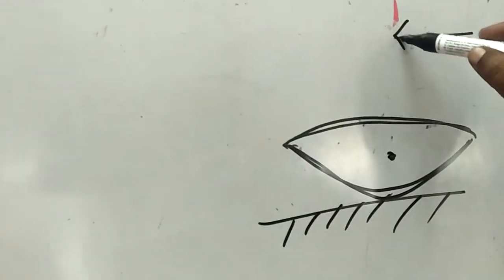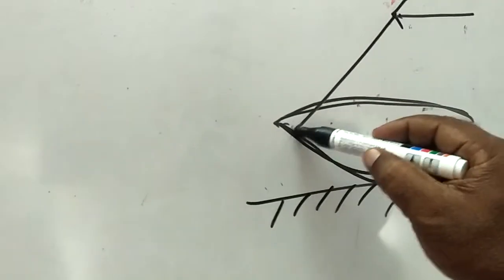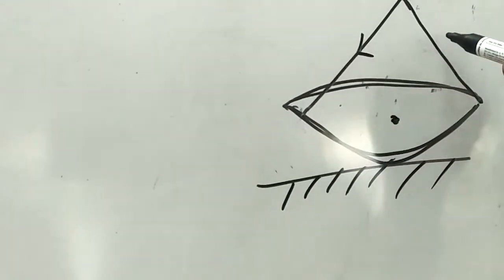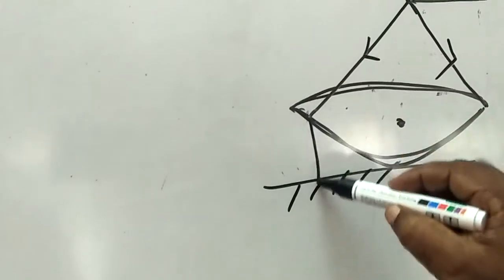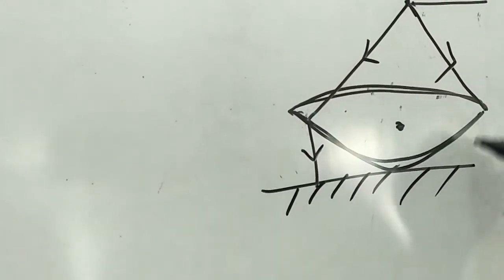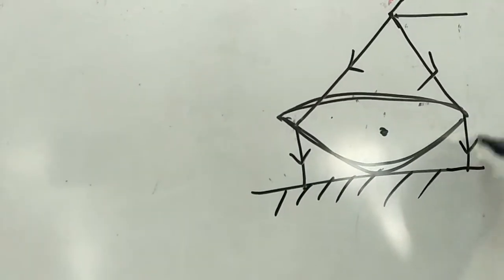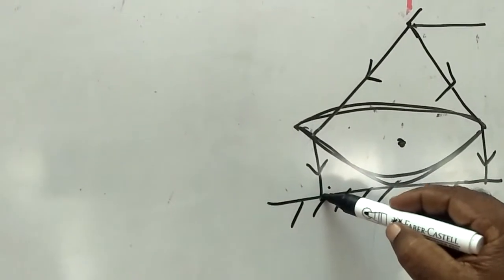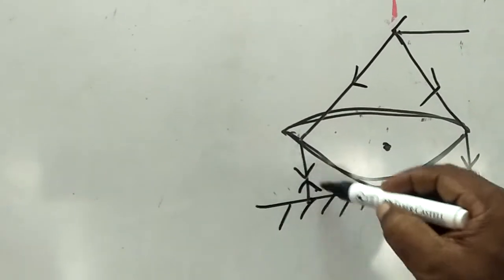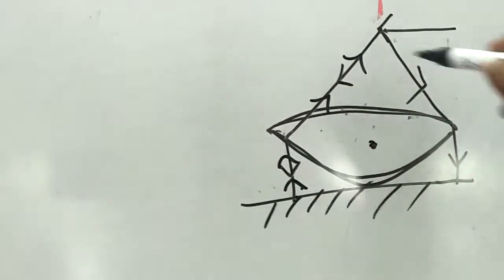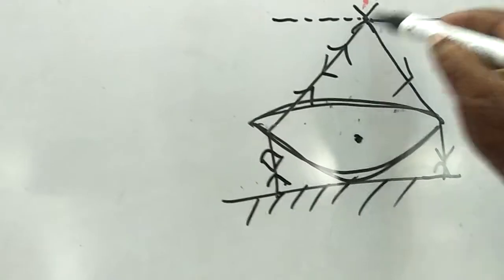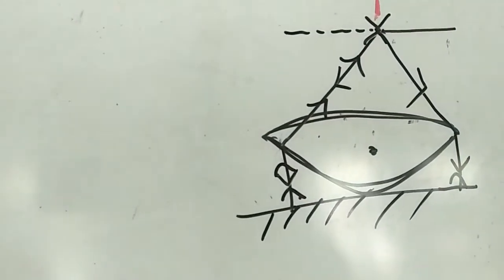So you see when the object is in front of your convex lens and exactly at the focus point, the rays after refraction will come parallel to the axis, so they will strike the mirror normally. So the angle of incidence for the plane mirror will be 0, so they will retrace their path and we will get the image at the same location. So the image tip and object tip will coincide.